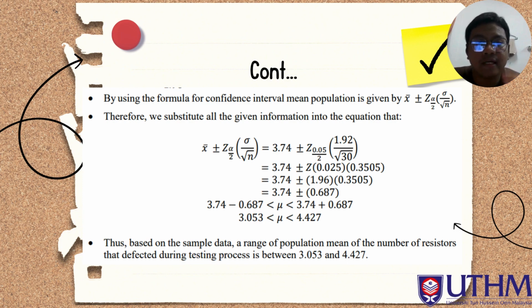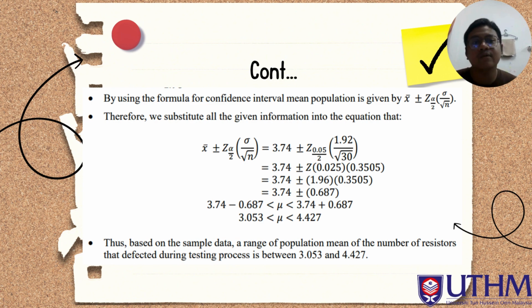So we get 3.74 plus or minus z 0.05 over 2 multiplied by 1.92, the standard deviation, over the square root of 30, which is the sample size. And we get the final answer for the population mean, which ranges between 3.053 and